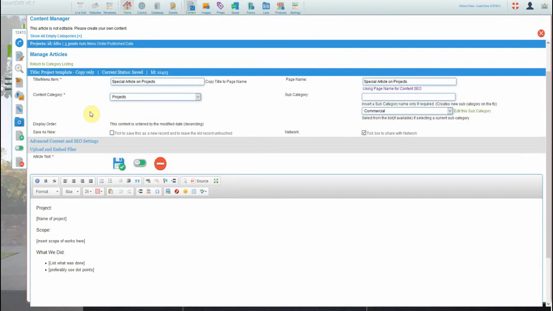The other thing that is very important with templates is that we click the Save as New field, and this will save this article as a new article and leave the template untouched. We can also untick the network box if we don't want to share it with our network, if we have one. So in this case, we'll untick it. As soon as we do that, we should save that. So just click on the Save Changes icon,